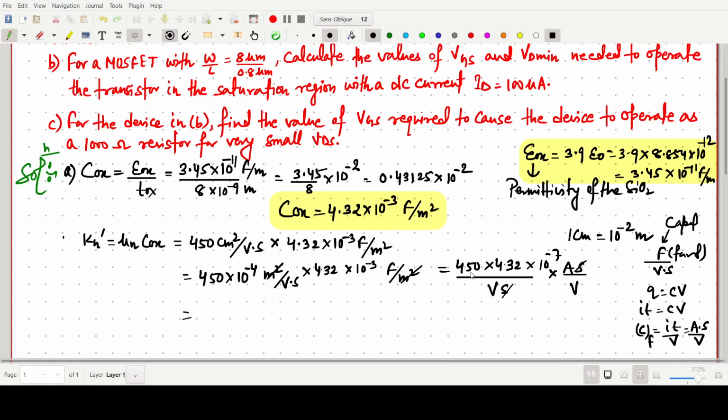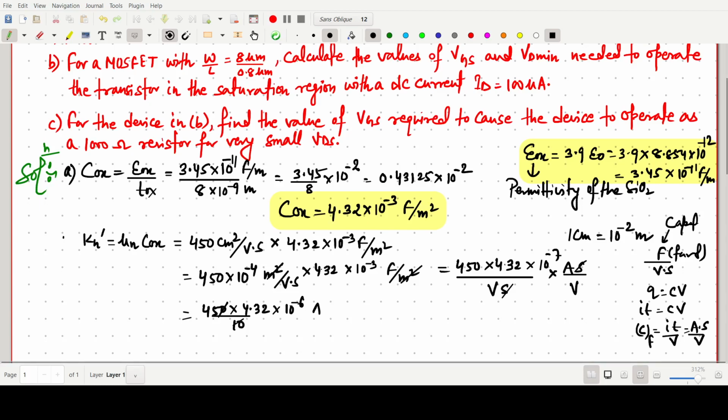So if we solve this one, 450 into 4.32, and this one is minus 7. If we write in microampere, 10 to the minus 6, or one more line better, 450 into 4.32 into 10 to the minus 6 by 10. I am putting one zero down. So 45 into 4.3, and this should be ampere per volt square, and this one will be microampere. So 45 into 4.32, it will nearly come